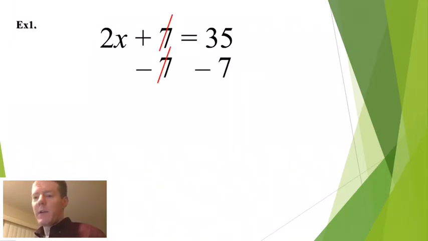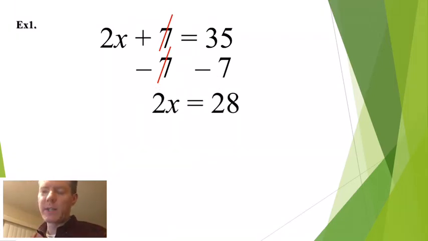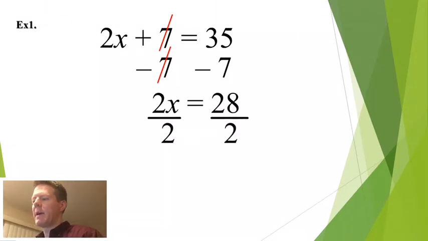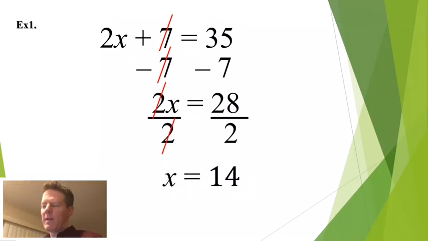That becomes 0, and that leaves me just 2x on that side of the equation and 28 on the other when I subtract 7 from that as well. Now I have 2 x's are worth 28, so 1x, if I divide by 2, has to be worth 14. So we divided both sides by 2. This was that whole idea of balancing that we talked about right before break. Trying to eliminate everything that's with x so that you can get x by itself, isolate the variable, inverse operations,